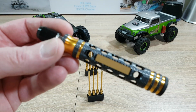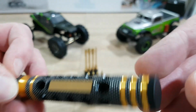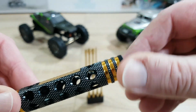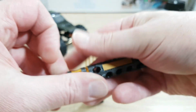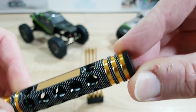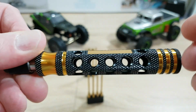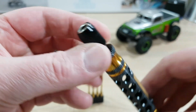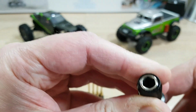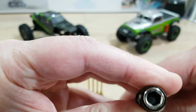For this handle thing, the only thing I would like to say is that here at the end there is a little wheel. If you put it in your hand and then screw, it would twist and would be a very good feeling. The whole thing is made out of metal. I think by the weight that it should be aluminum or something else. If you want to put in one of these tools,